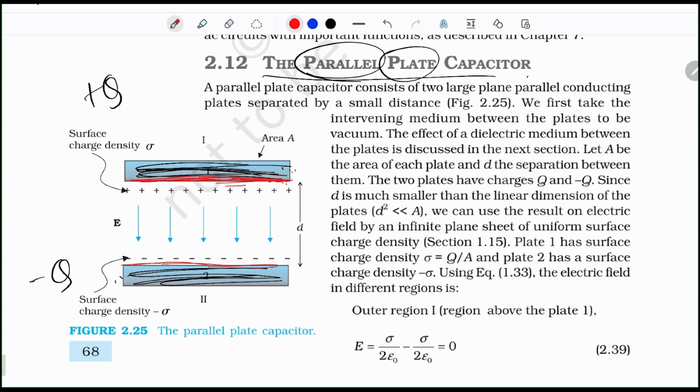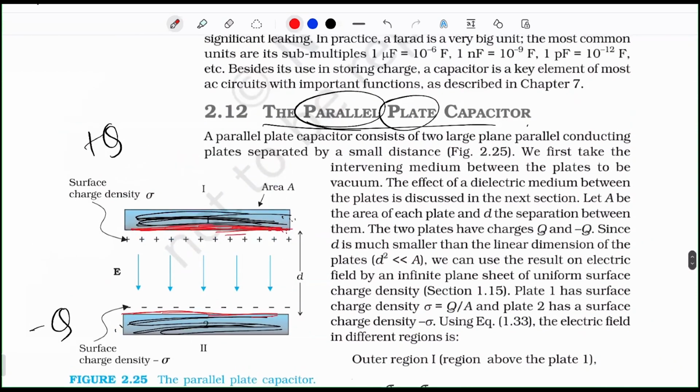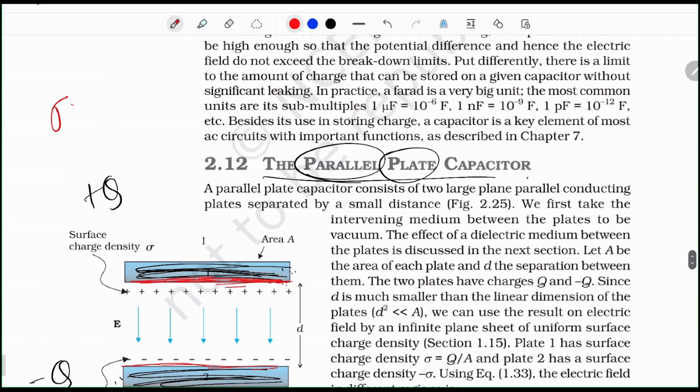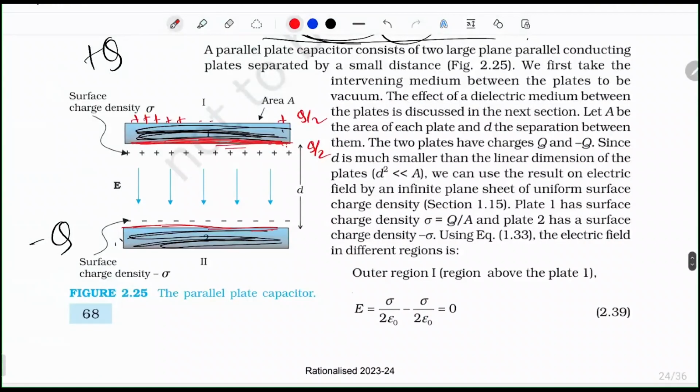So let us define the surface charge density to be sigma equals Q by A. Okay, and now we'll exactly see what we're going to do. This plate is very thin, so we are going to neglect the charge on the edge. What's going to happen is this +Q is going to distribute itself as Q by 2 here and Q by 2 here, right? And similarly, this negative charge is going to distribute itself -Q by 2 here and -Q by 2 here,